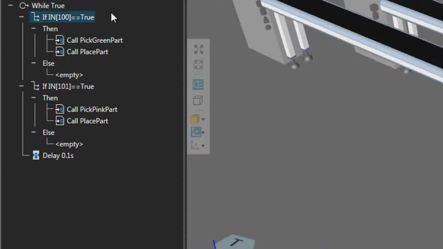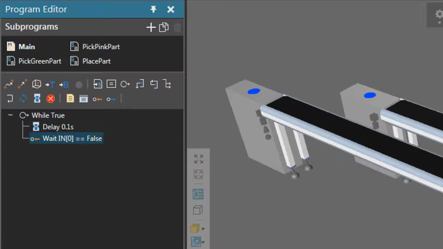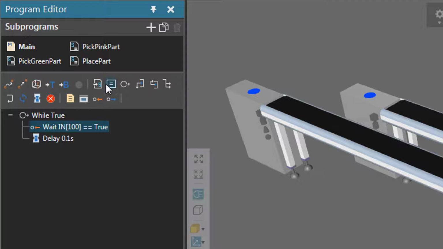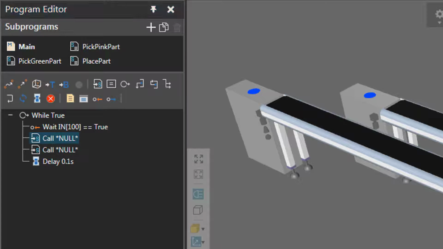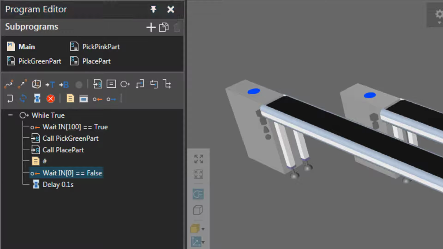Now let's go ahead and simplify this for our while loop. So I will delete the if statements. I'll then add a wait for binary input statement of 100. And we'll wait for it to have an input value of true. And let's actually make that before our delay. Let's then add two calls to subroutines. So our first call will be to pick a green part, and our second call will be to place that part. Let's now add a comment statement just for space,